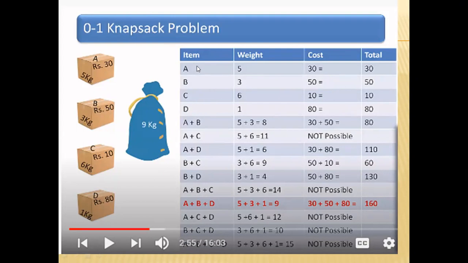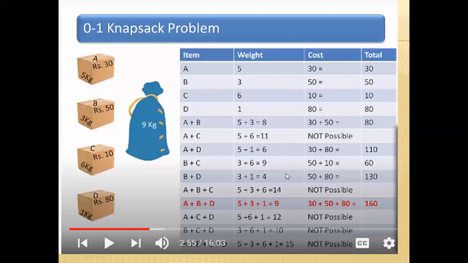So here we are calculating subsets of ABCD. Suppose BC is placed in the knapsack, profit is 60. Suppose ABC is placed, it is not possible. Suppose ABD is placed in the knapsack, the total weight is 9 and the total profit is 160. So placing the first, second and fourth objects, the sum of the weights is 9, equal to the capacity, and you earn the maximum profit, which is 160.